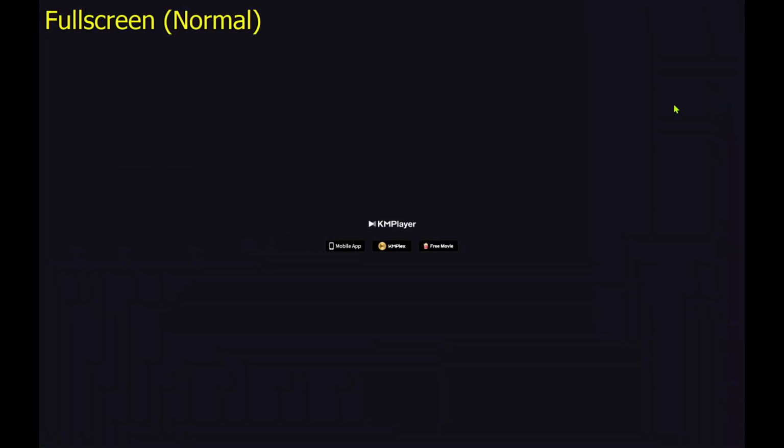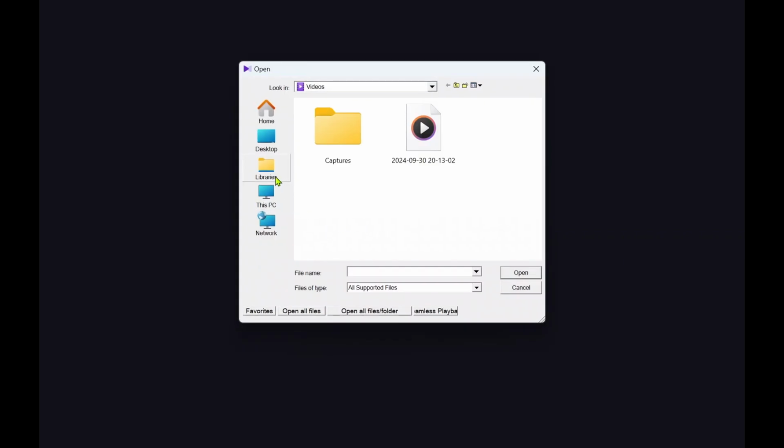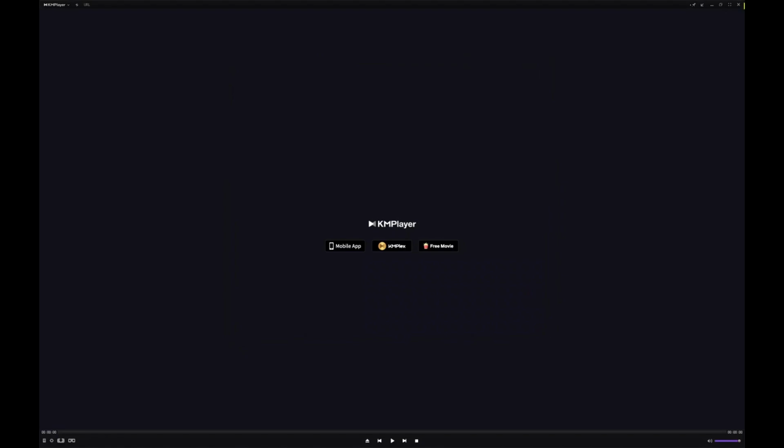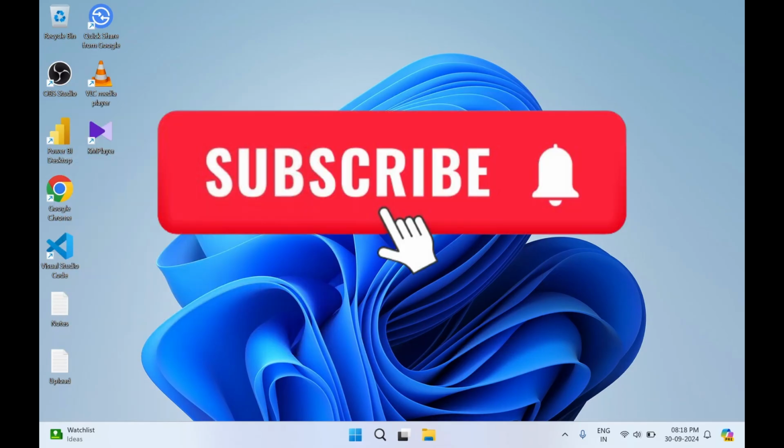I'll make this full screen. To play a video, you need to double click on this black screen. Okay, it is going to give you an option. Then you can select a file, select your video file and click on open. Okay. I'll close the KMPlayer for now. That's all with the setup file,